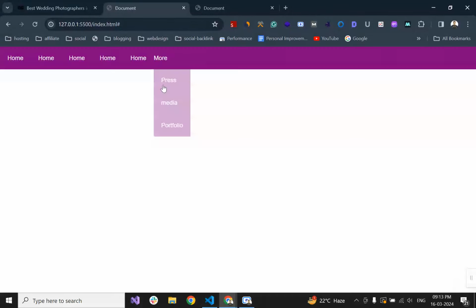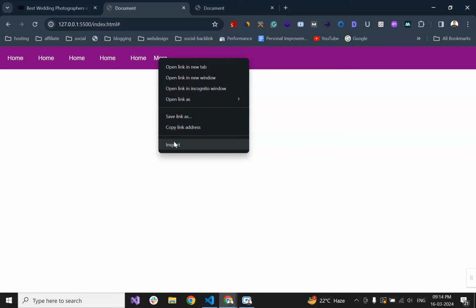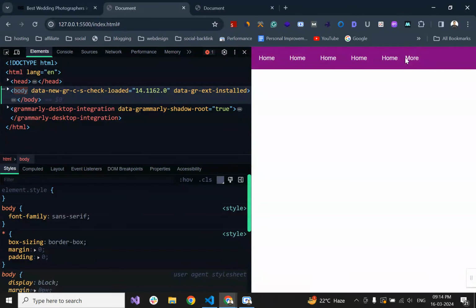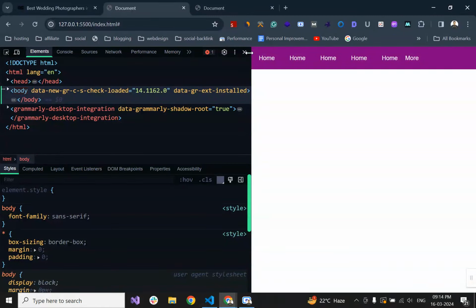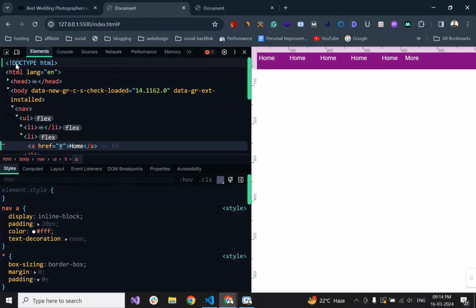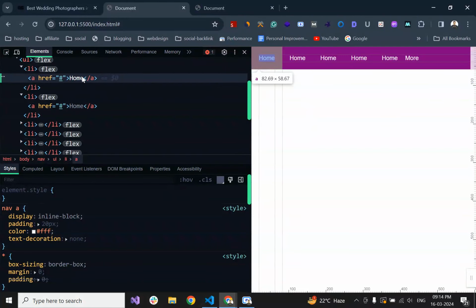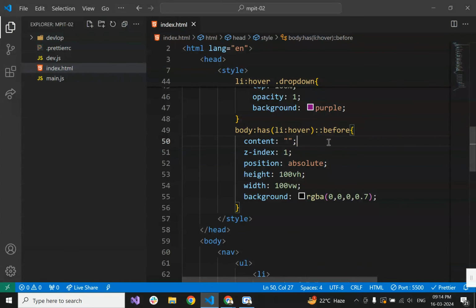It's because of the flickering. Let's say we will hover